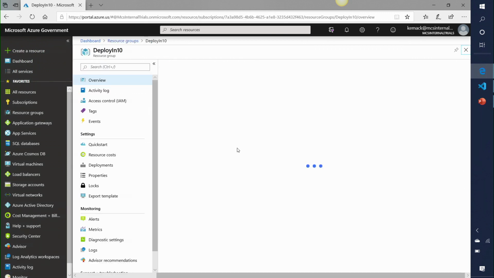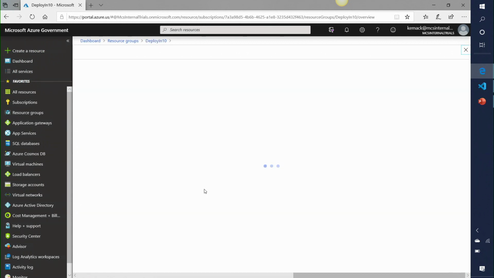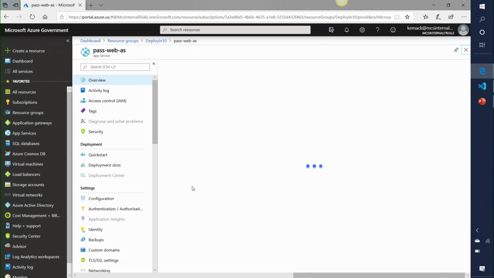So this is the Martha Stewart quick bake oven kind of thing? Yeah, yeah. So we did a Martha Stewart quick bake. We're going to pull it out of the oven here. And what we ended up with is the SQL server and the database, the app service plan and the app service. And if I actually go into the configuration here and pull this up,